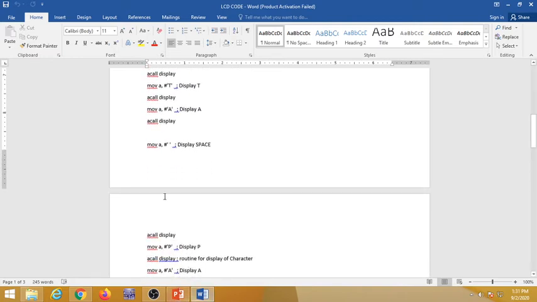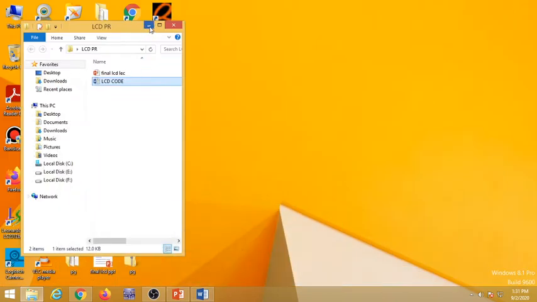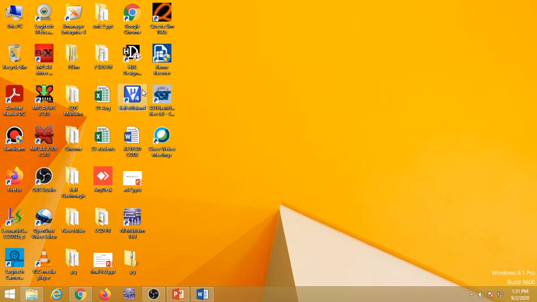In this fashion I'm displaying my name on the LCD screen. I will copy this code and paste it into the Keil software. I will show that part. Just open the Keil software.